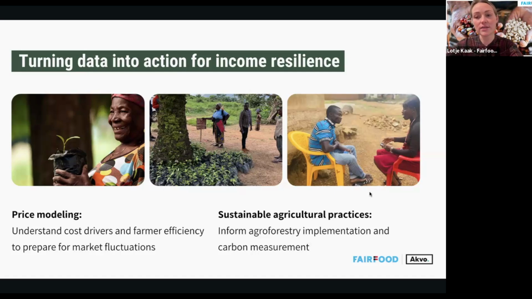On the other hand, it helps us guide targeted income interventions and really understand the impact and need of interventions like income diversification or cost reductions, investments in agroforestry models or other regenerative agriculture models in your supply chain.